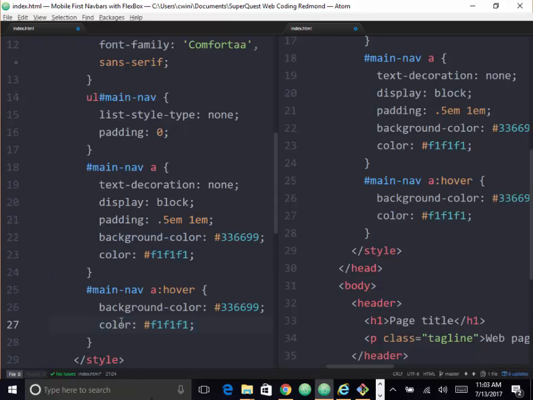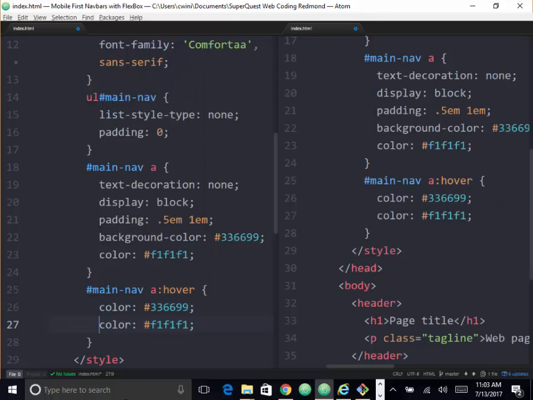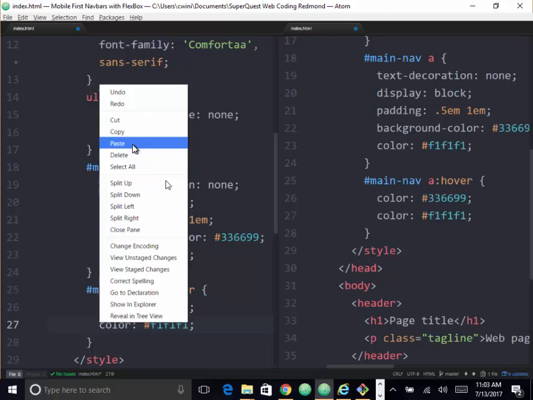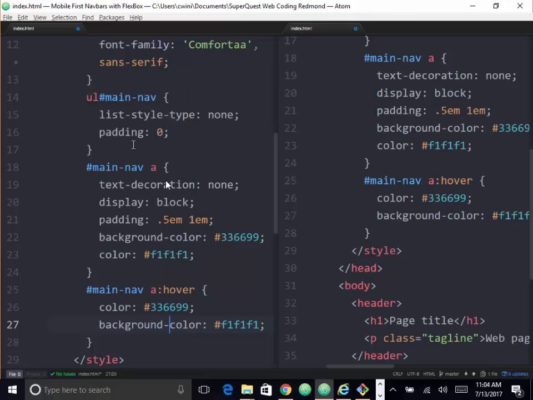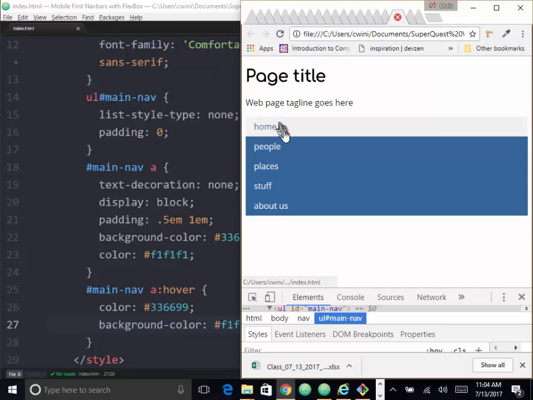And now this is my favorite little hack here. So I copy both background color and color, and then I just cut the background dash and I paste it in front of color. And if you know your keyboard shortcuts, it's even faster. And save. Hover, and now,